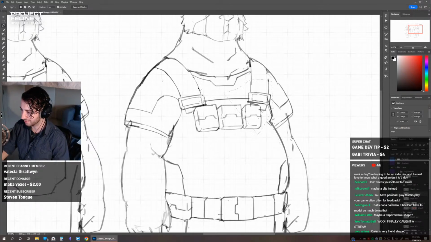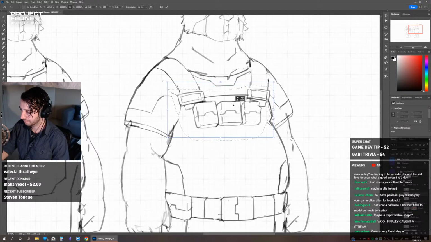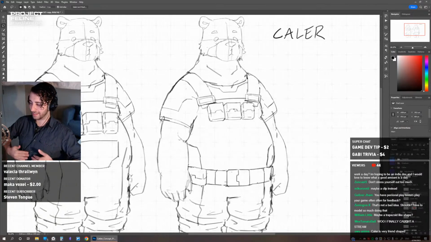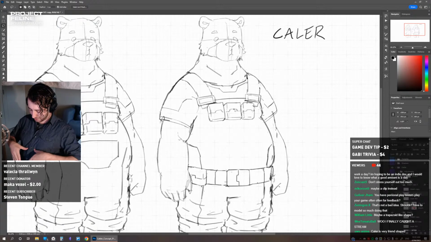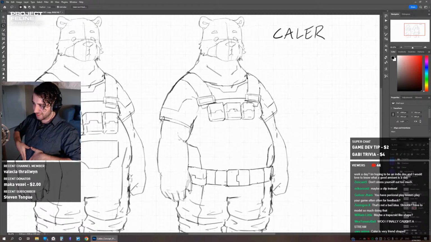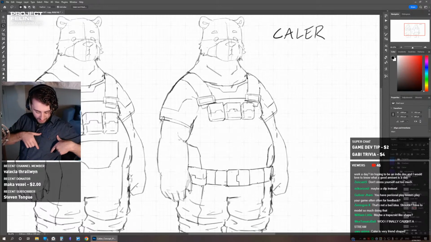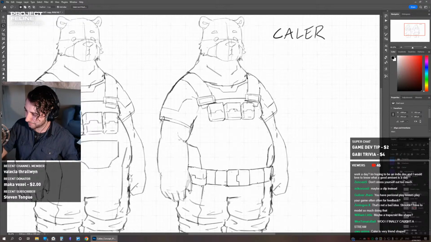It would feel odd. So maybe I move all of that up so that it's his belly. Having a pocket going over the belly would not feel good to me. It should be along here, where I've got mine. That's where I feel like they should be.